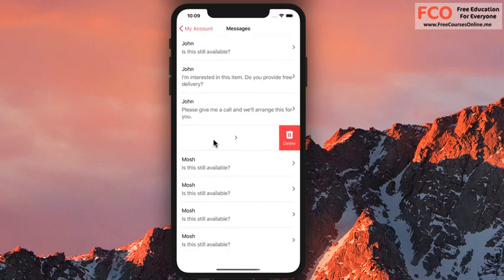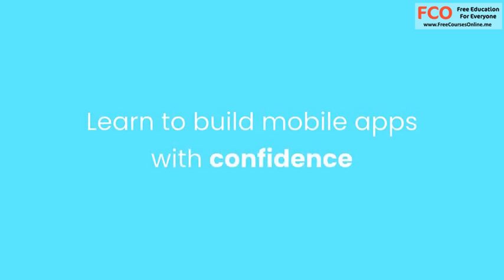Now we can swipe an item to the left to delete it, just like the apps you use on a daily basis. So if you follow along, by the end of this course, you're going to master React Native and you'll be able to build mobile apps with